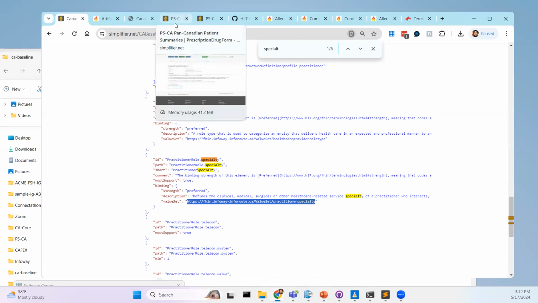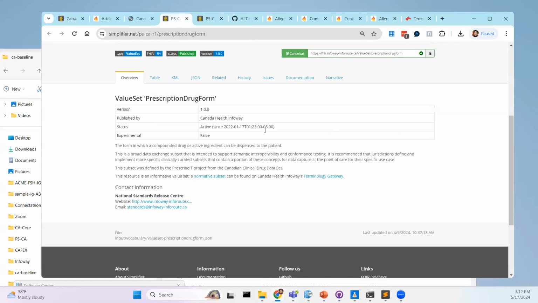Currently in. So I've got two kinds. One is purely human readable, purely descriptive, and contains no actual machine-enforceable, machine-readable structure saying values come from this particular code system. But it does provide an intermediary structure for people who are trying to say, okay, PSCA cares about prescription drug form, and how do I access this,